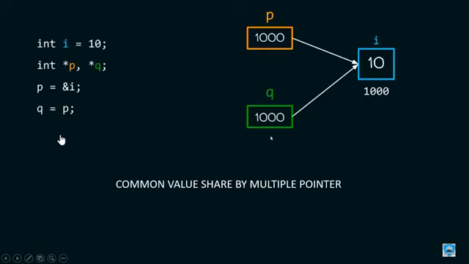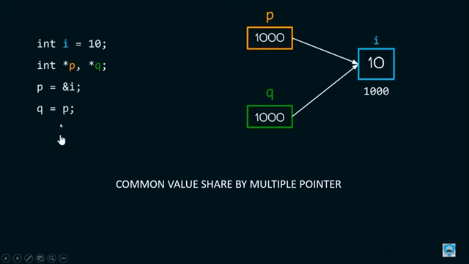Now we move to the next. These are very important basic advantages, pros and cons, we can say. Multiple pointers can share a single value. Suppose int i = 10, it is a simple variable i that stores 10. Then I declare two pointer variables in this particular slide, *p1 and *q1. p holds the address of i. So this 1000 location where my mouse is moving, it will be stored into p, and when we access *p, it will access that 10.